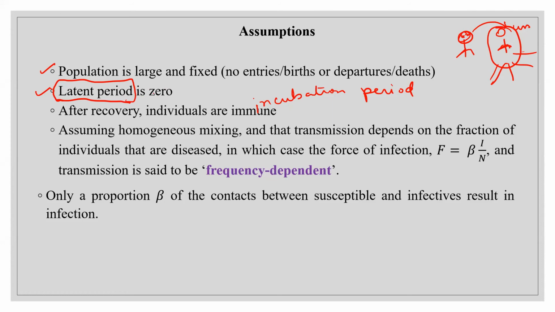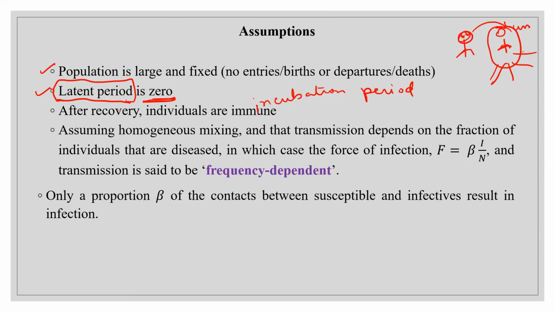But in reality, this is not the case, because whenever a person becomes infected, they do not immediately start spreading the disease. They take some time, like 3, 4, or 5 days, and after that they start spreading the disease. But in their model, they considered the incubation or latent period as 0. Right? Is this clear? If you have any queries, please ask.